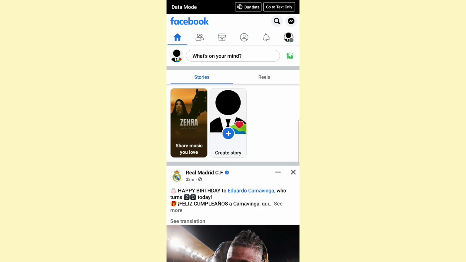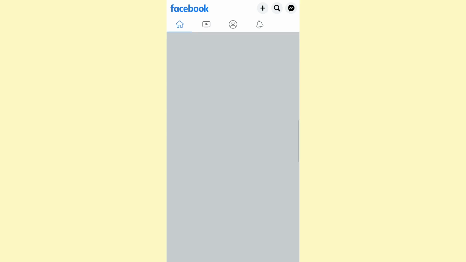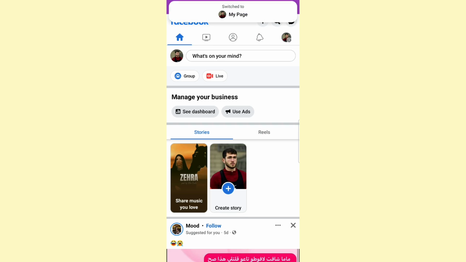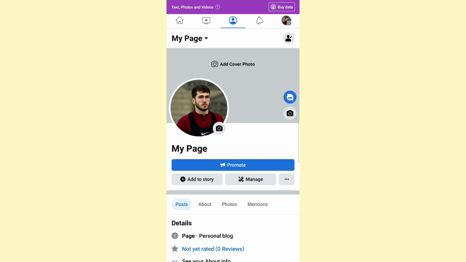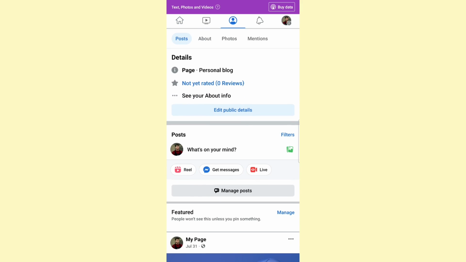So go ahead and open up Facebook, and once you do that, switch over to the page. Once you do that, go to the main page, then scroll down to the posts section, in which you will see the Reels option. Click on it,